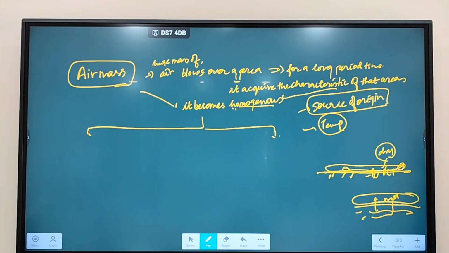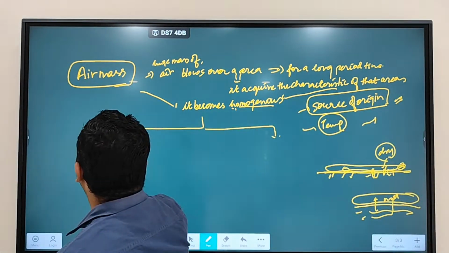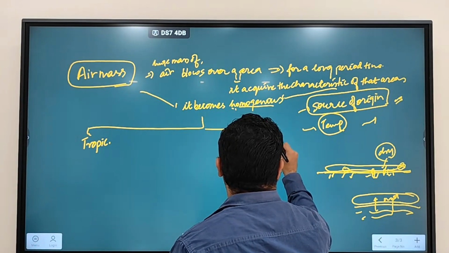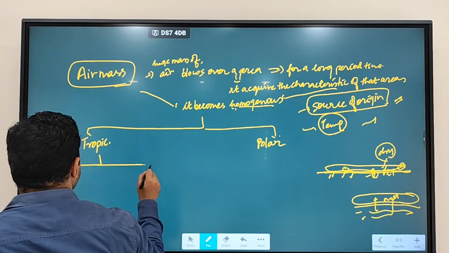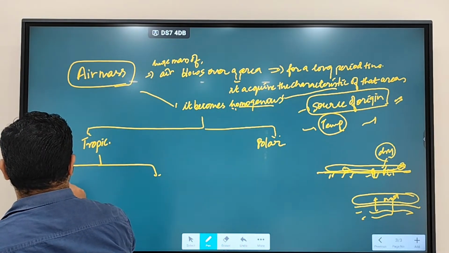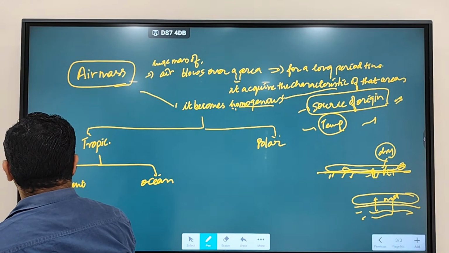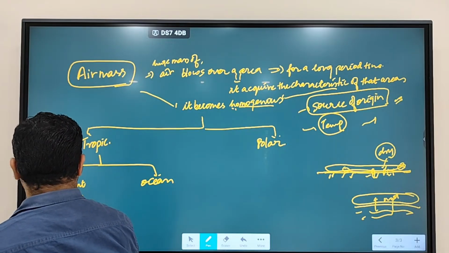Clear? Based on temperature you can classify, or based on source of origin. This is the more accepted classification, source of origin, because we are going to study in terms of source of origin. But based on characteristic temperature also you can classify the air masses. Clear? So whether the air mass is originating in tropic region or whether air mass is originating in polar region. In the tropic region, they can originate either on the continent or on the oceans. So that's why the air mass is referred as continental tropics,